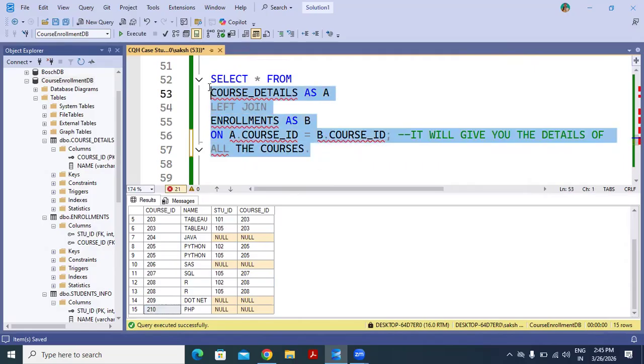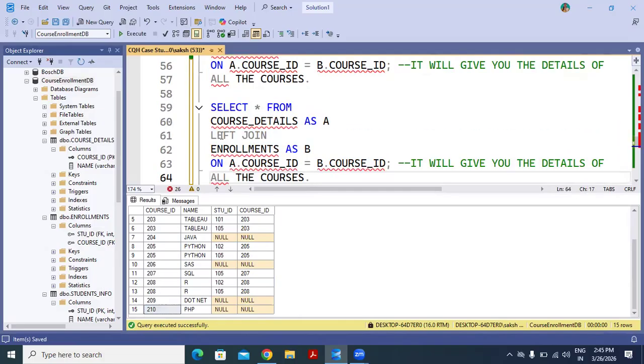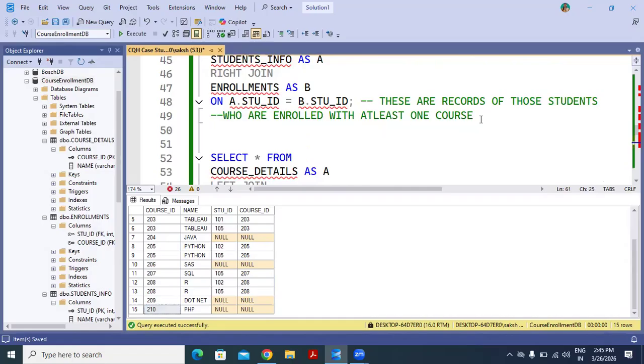So you can say inner join or you can say right join. Both mean the same thing like we did earlier.